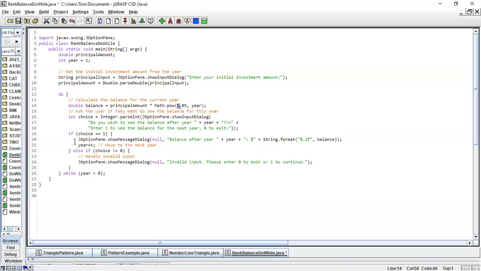And I'm going to use the if option. Here, I said, do you want to see the balance for that year? Int choice. I need to convert it to an integer, because I'm going to use the keyboard and whatever I enter on the keyboard is read as a string.